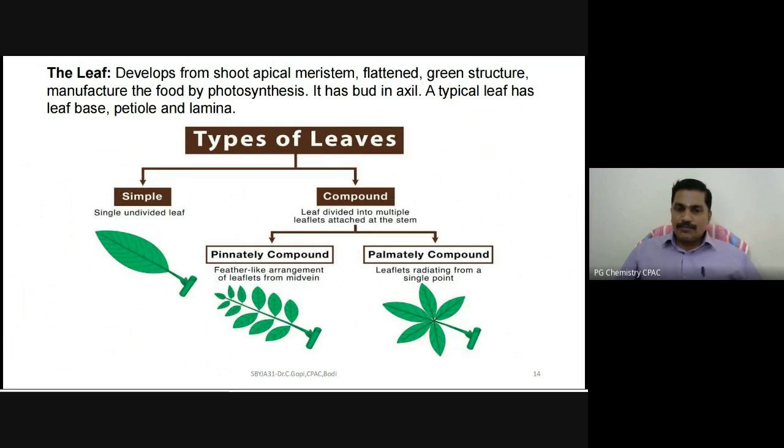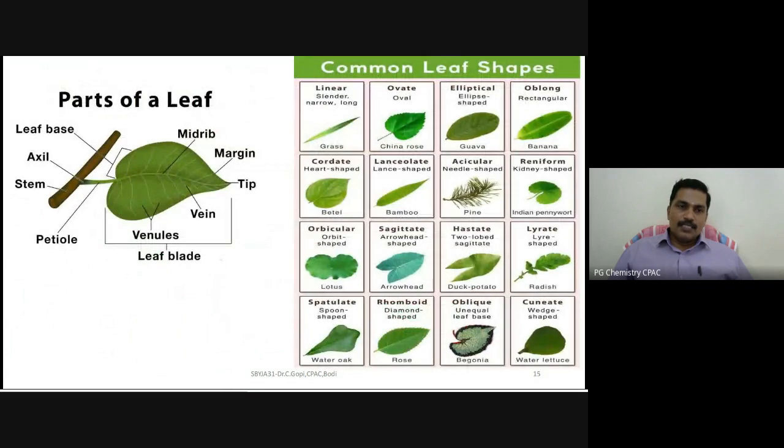Compound leaves consist of pinnately compound or palmately compound. This is the part of leaves. You see the main stem. From the stem it is arranged as a petiole. If the stem arises with the petiole, it is called simple leaves. It has a single leaf. This petiole extends up to the tip, which is called the main rib or midrib, and